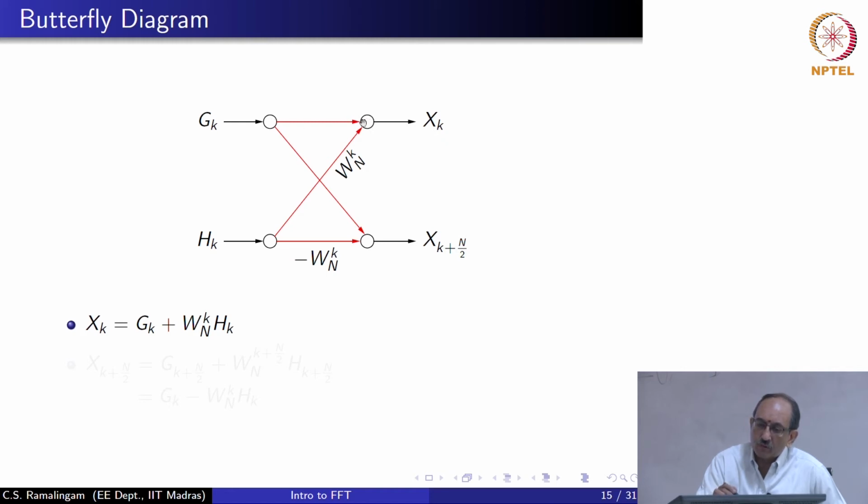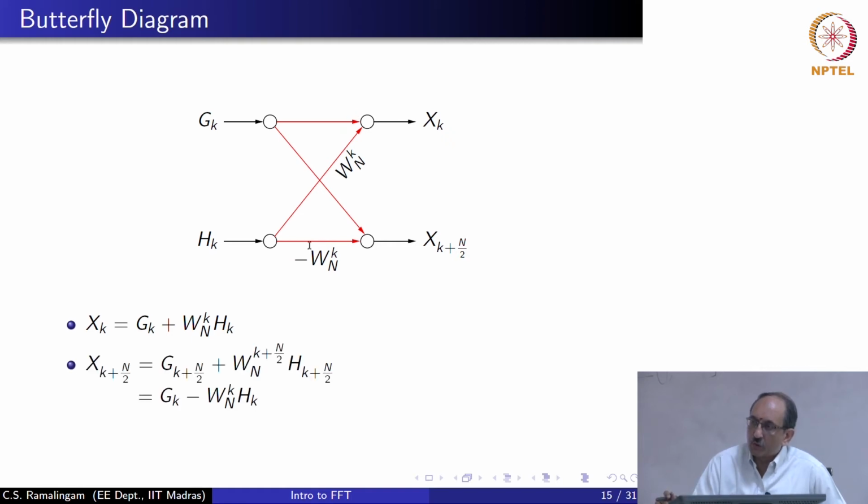So this is a branch node, this is a summation node. Therefore, xk is gk plus hk times w suffix n power k. Similarly, x of k plus n by 2 is gk plus hk times minus w suffix n power k. So whenever there is a number associated to a branch, that means the weight of that branch. So this captures these two equations,